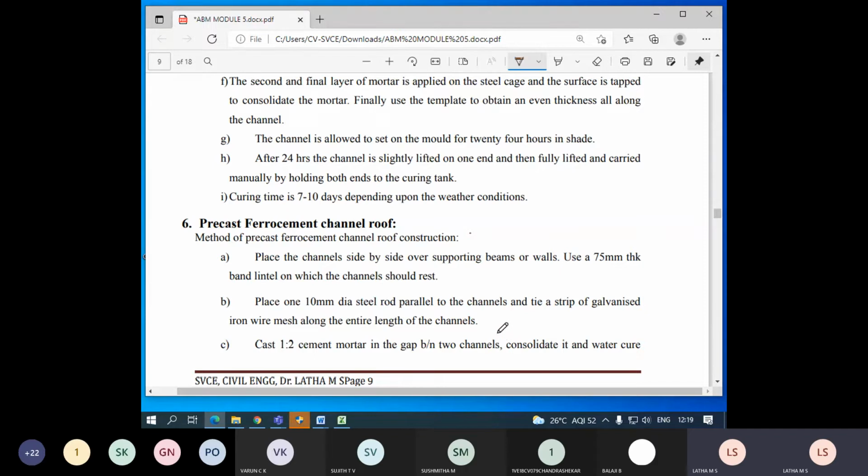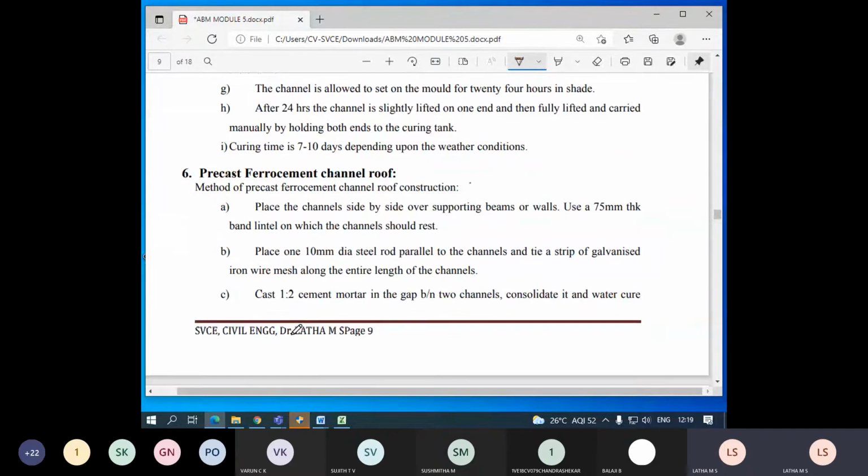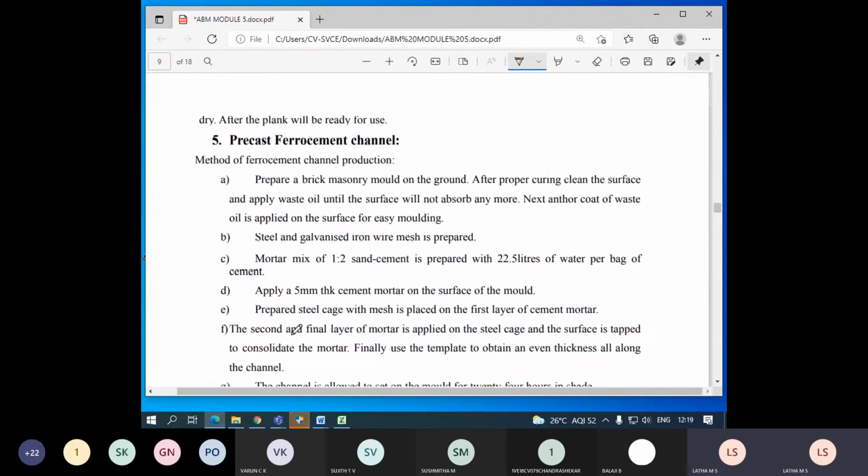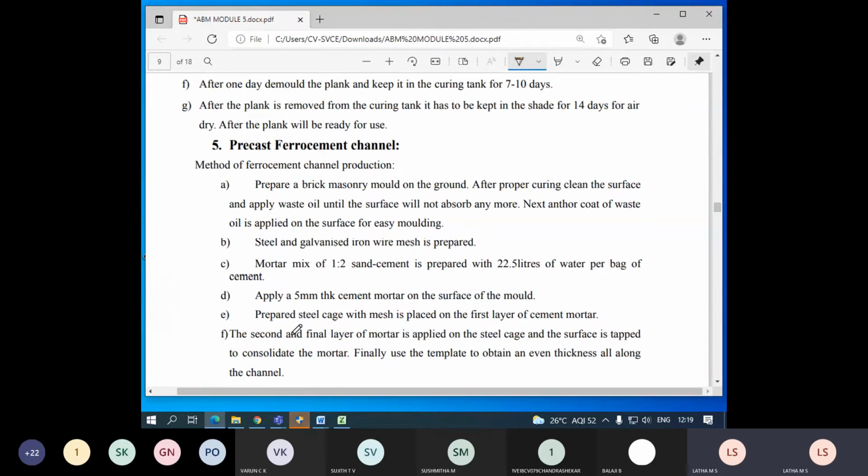Once the channels are being laid on the roof, the gaps between the two channels will be covered by cement mortar or any other alternative materials. It is also possible. Then we understood what is a precast ferrocement channel, wherein the procedure lays with a ferrocement